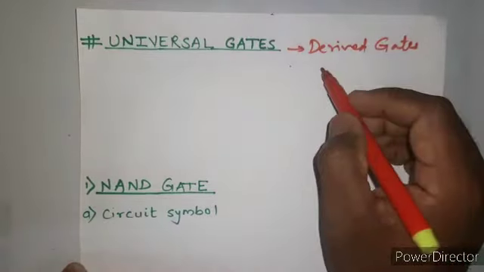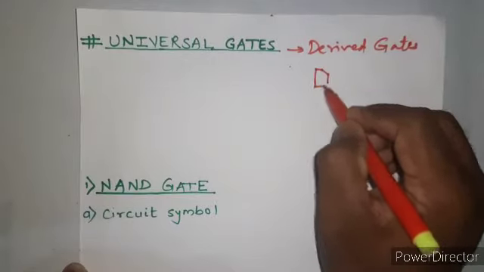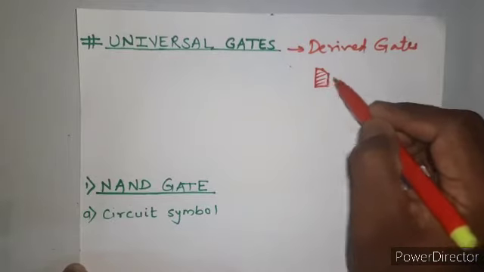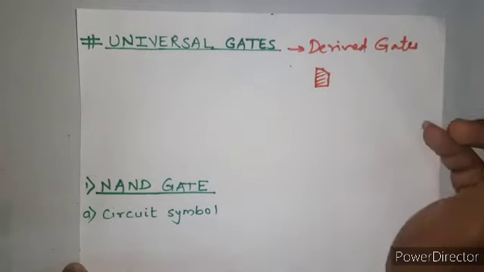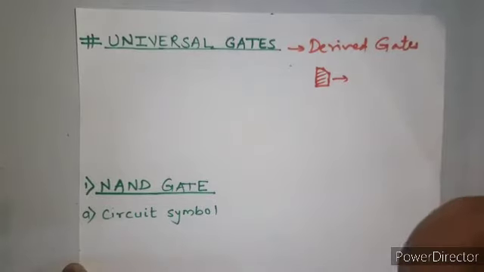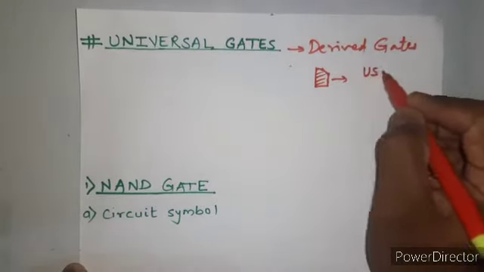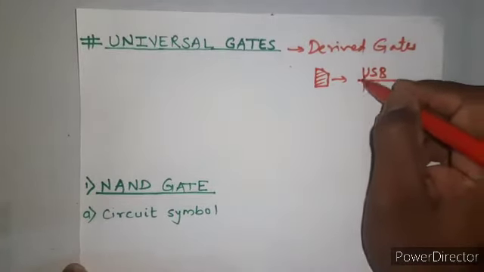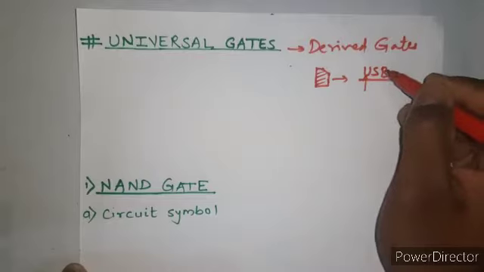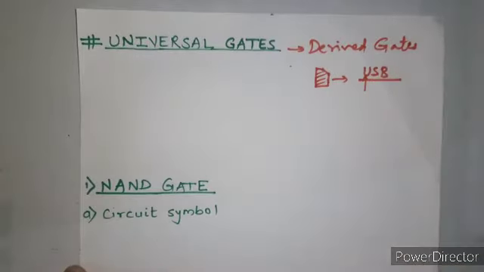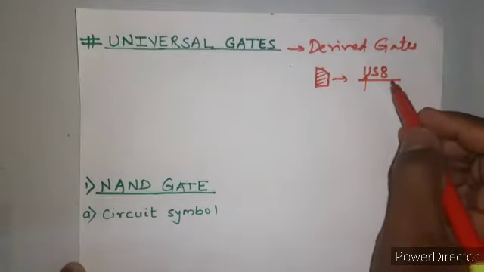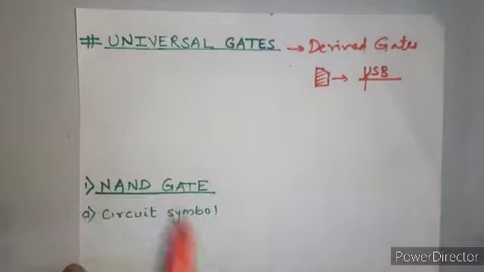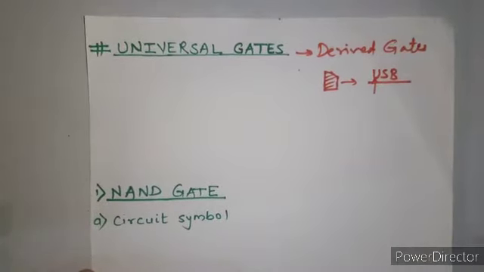Right? It's just like a SIM card. The structure of a SIM card is universal. You go anywhere in the world and you will find the structure of a SIM card the same. So this is universally accepted. Or we have something called USB, universal serial bus. Now why is it universal? Because the pattern or the structure all over the world is the same. Similarly, all other gates can be constructed with the help of these universal gates.